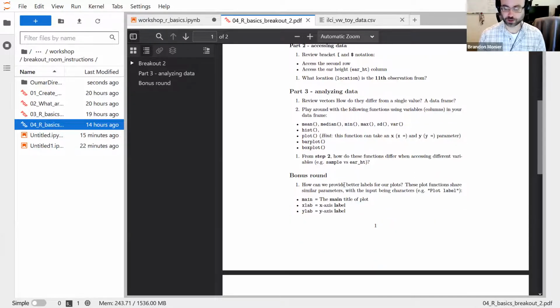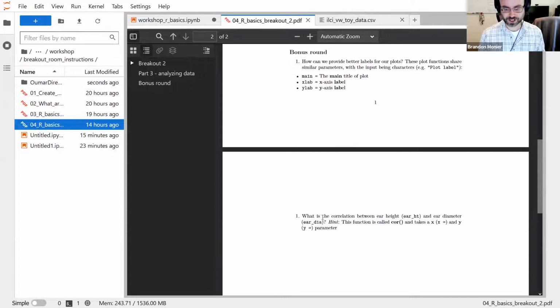And then I have a little bonus round too, if you want to accomplish that in your free time, which is going over the different components of plots. How do we make it more visually appealing? Also, start to do some statistical analysis. Is there any correlation between this ear height value and this ear diameter value? So starting to get into the actual statistical